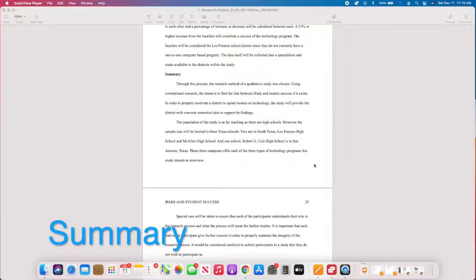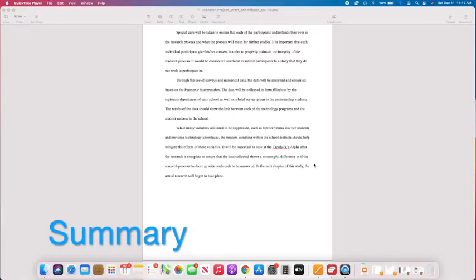The student will provide the district with correct numerical data to support its findings. Basically, we're relying heavily on students' feedback to find out if this was worth going with the iPads, or was it worth sticking with the Chromebooks or the laptops in this instance. Through the use of surveys, that will allow us to do